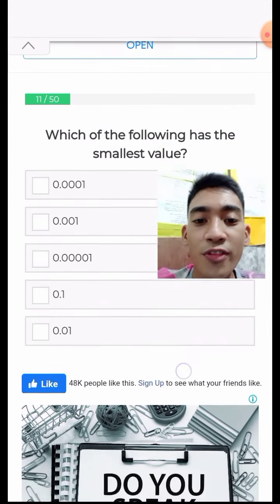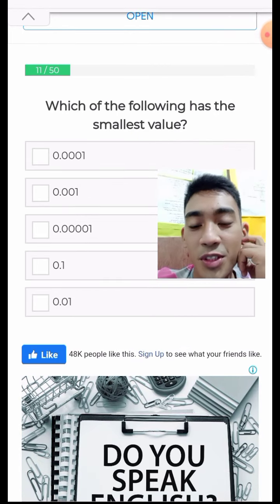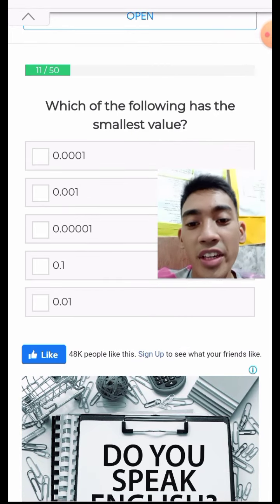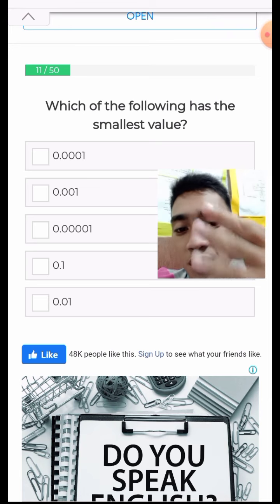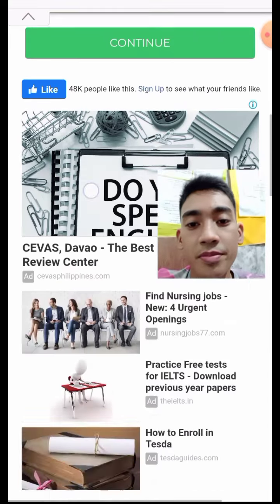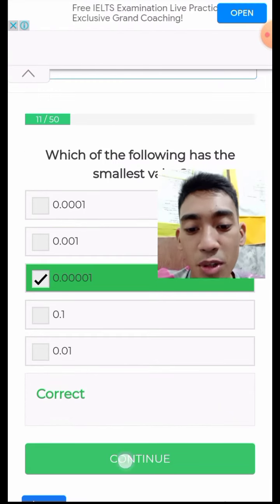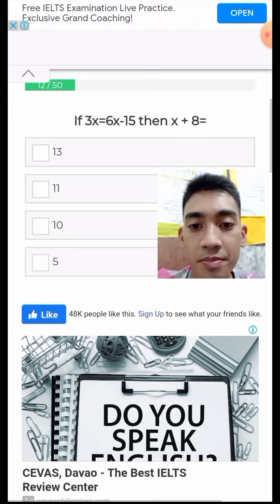Next, which of the following has the smallest value? So the more zeros, the smaller the value becomes. So obviously it's 0.00001. That is the smallest value. Next,